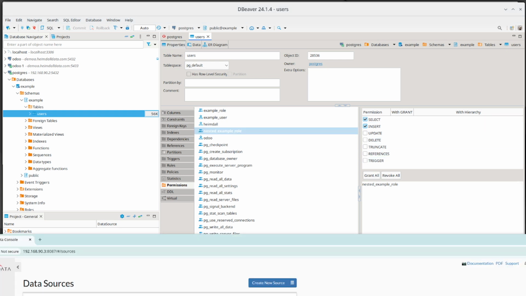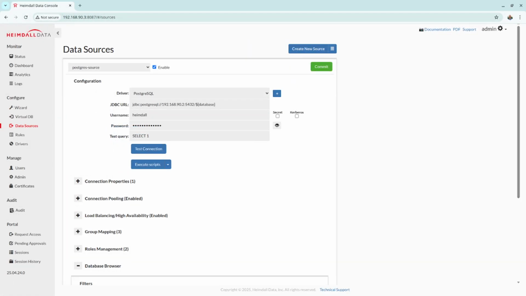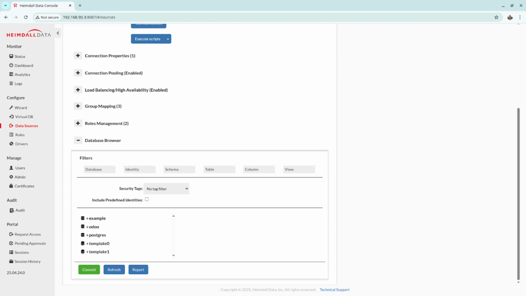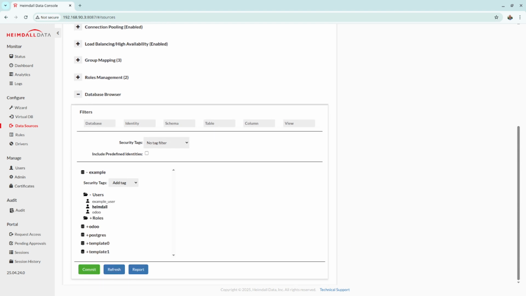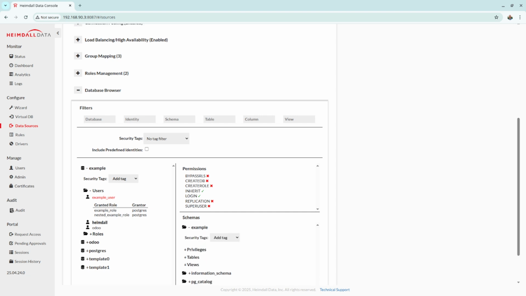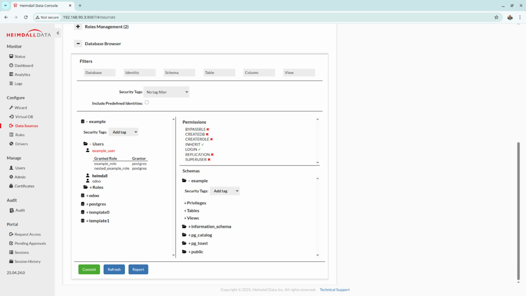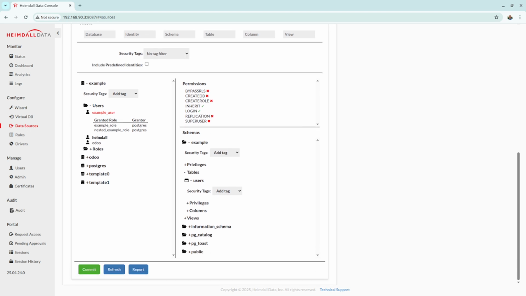Now, as far as how this works and how Heimdall handles this, we can go into our database browser that's part of our user interface. I'm going to look at the users, and it has example user. It shows what the granted roles are, nice and clearly and obvious here. We can then come in to the actual schema. Let's look at the tables. We can see the user table,